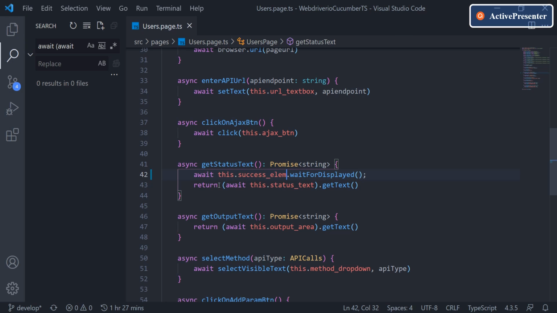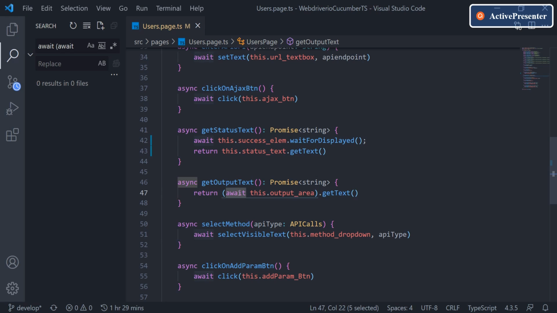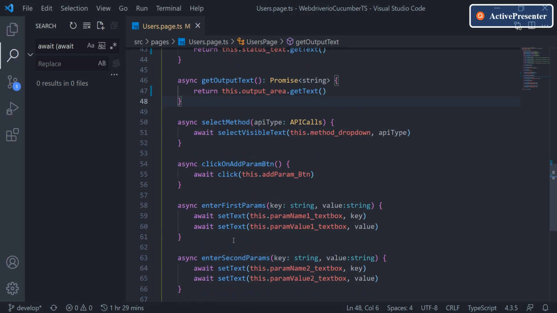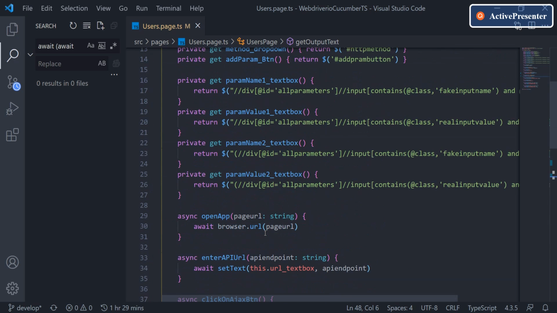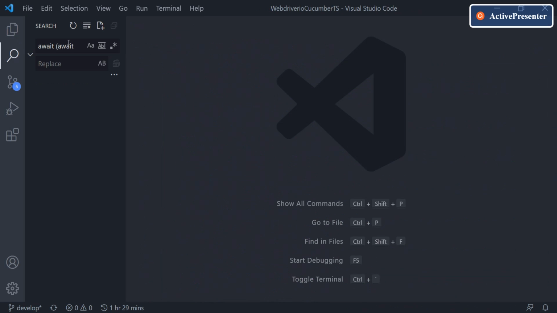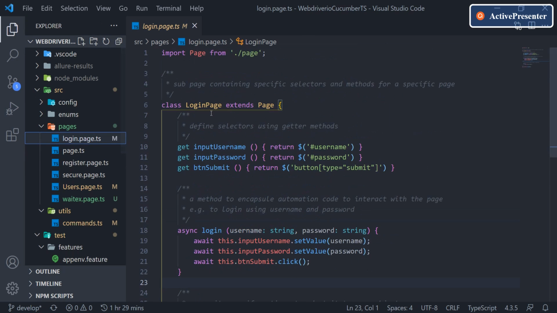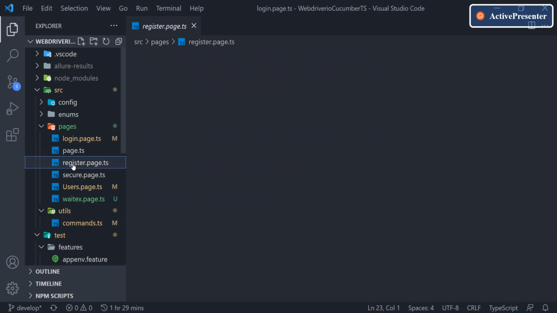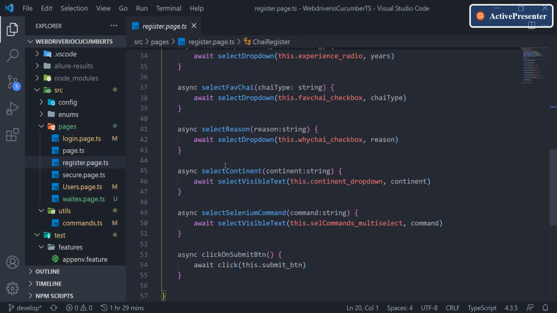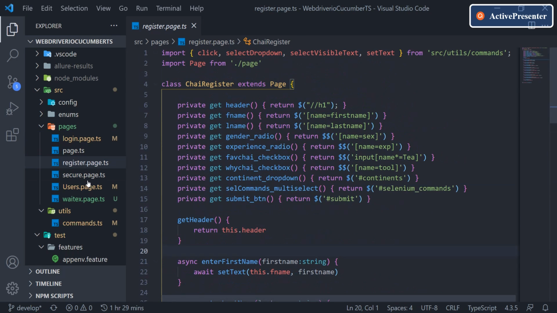Now here, as we are using a return statement, we don't need to use one more await, so you can remove this await. Similarly here as well. Wherever you have written it like that, you don't have to use one more await. And I think we are good now. Any other place? I'm done with the change, but I'll just cross-check everywhere. We don't have multiple awaits here, and now we don't have multiple awaits here as well.